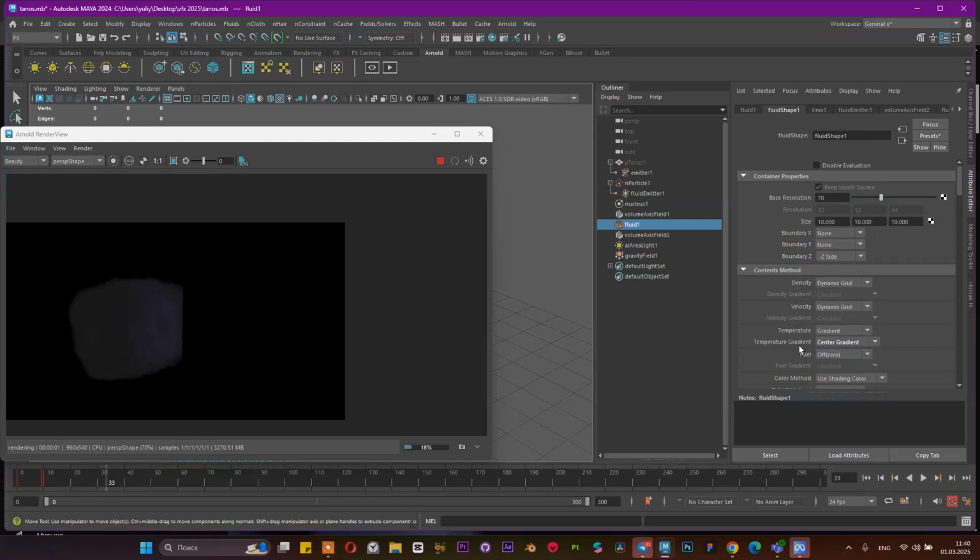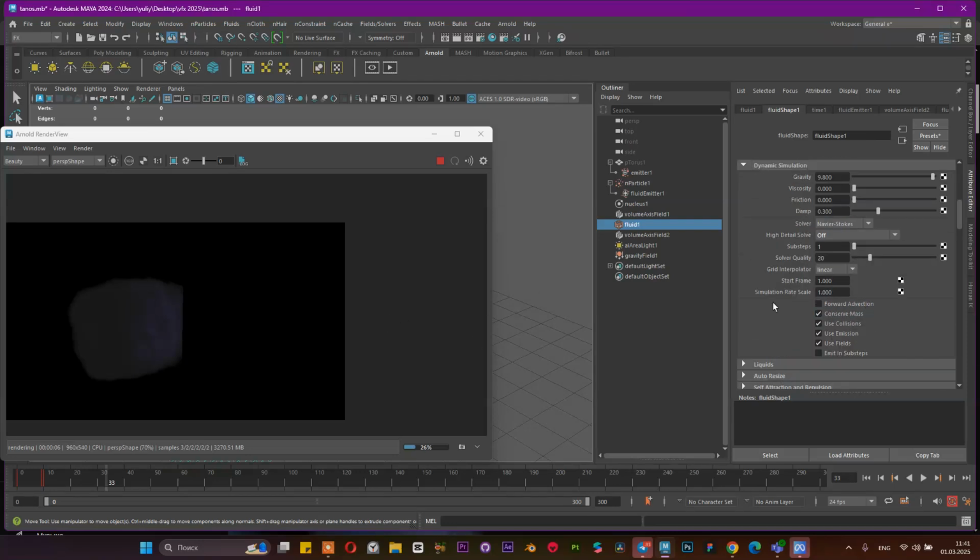I think center gradient is better for the simulation. Okay,